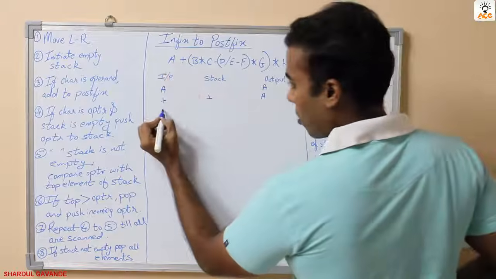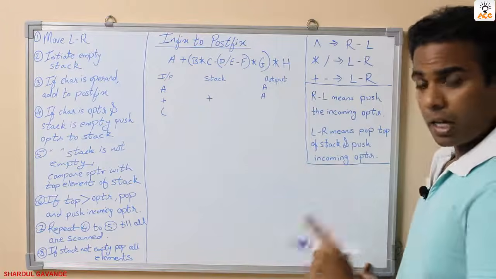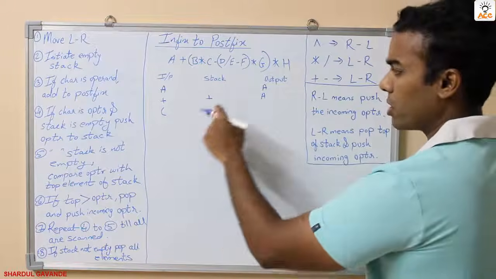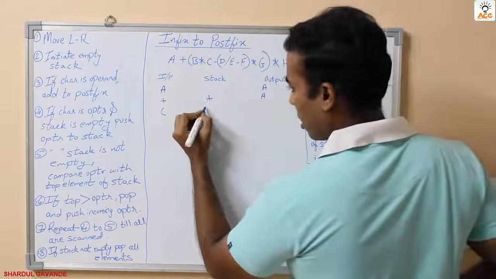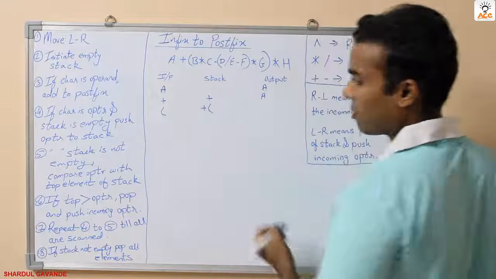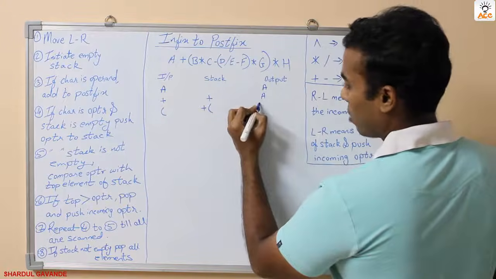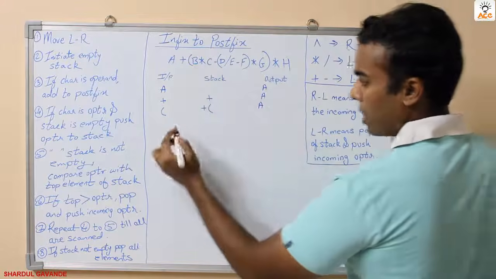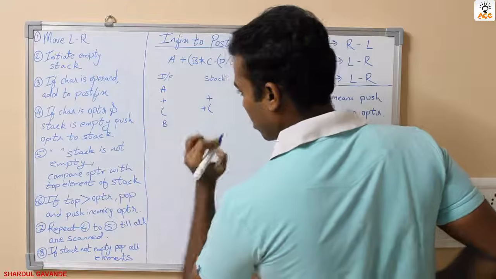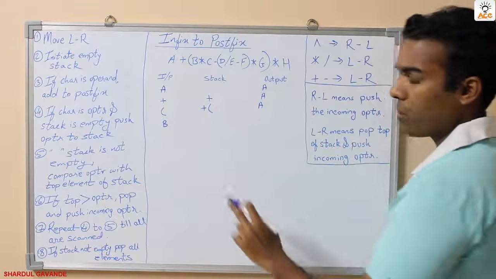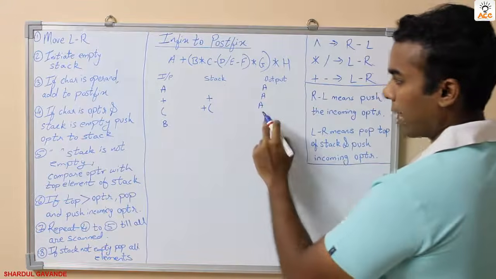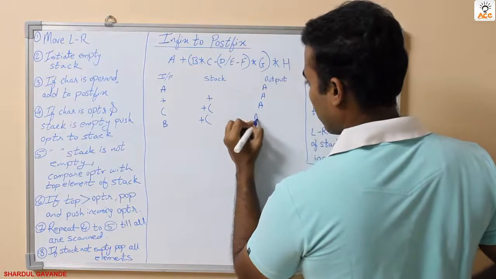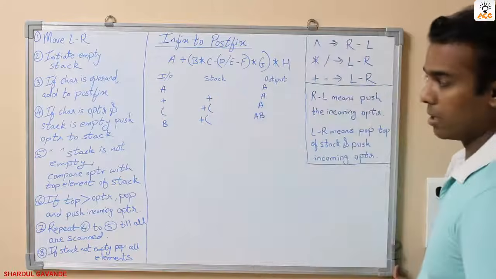Moving on further, we have a bracket. In a given expression, whenever you come across open and close brackets, directly you have to push it to the stack. As simple as that. So we have plus, then after this the bracket, and over here A would be the same as it is. Moving on further, we have B. Again we have a character over here, so we'll directly add it to the output, and we'll keep the stack as it is. Here we'll have A and B.